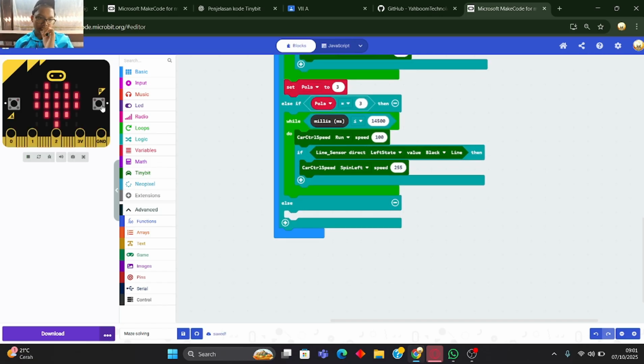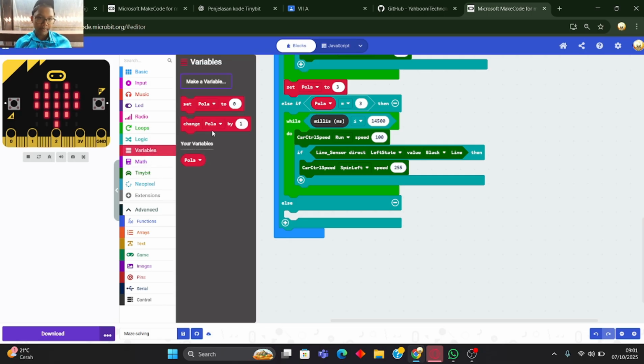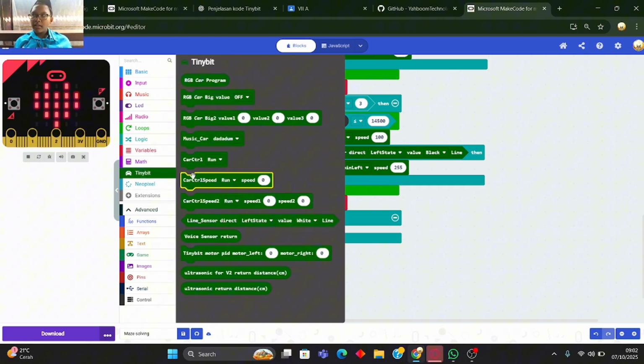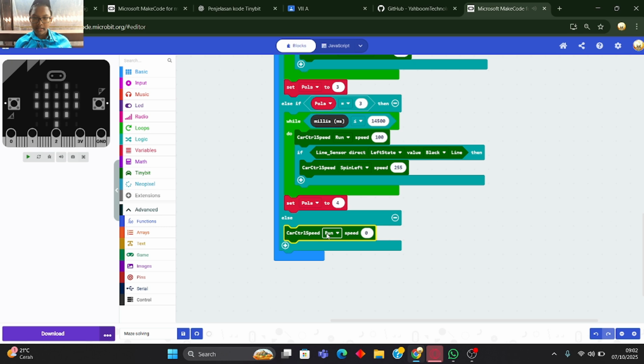And for the last, you can go to variable, set Pola to 4, and for the last code go to tiny bit, car control speed stop, okay.